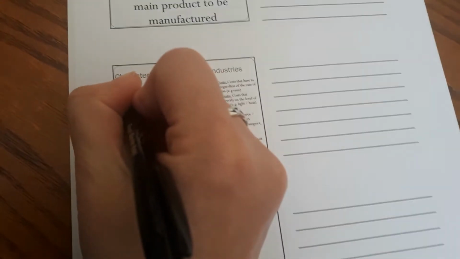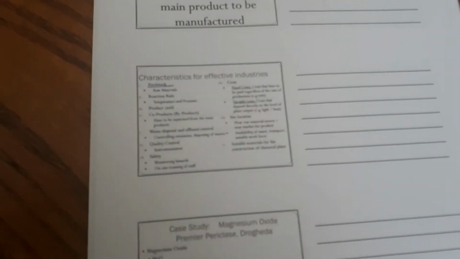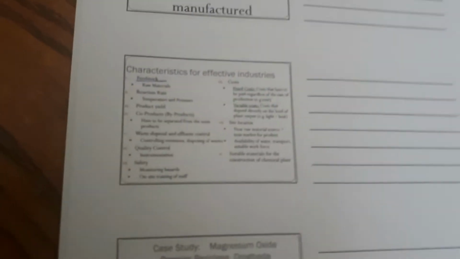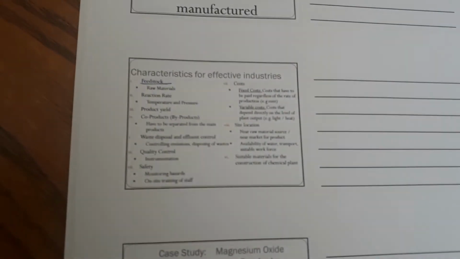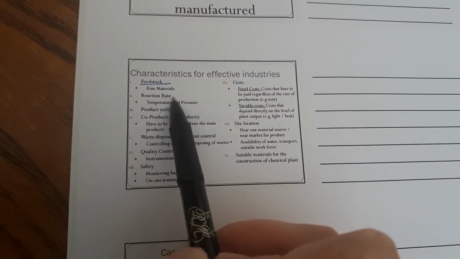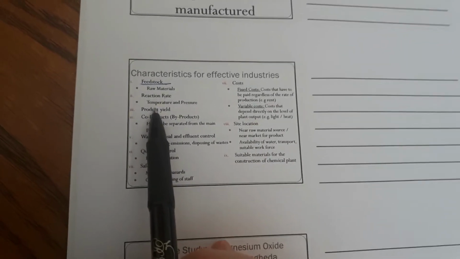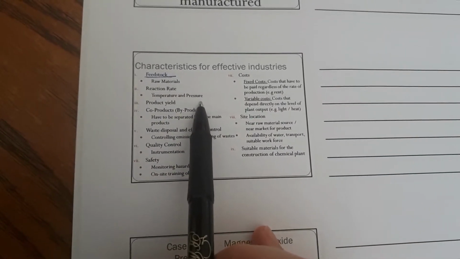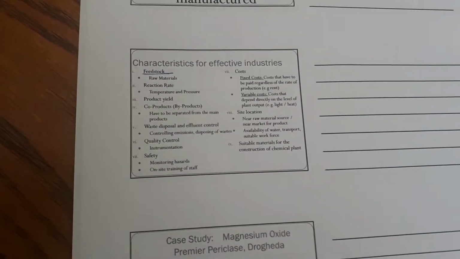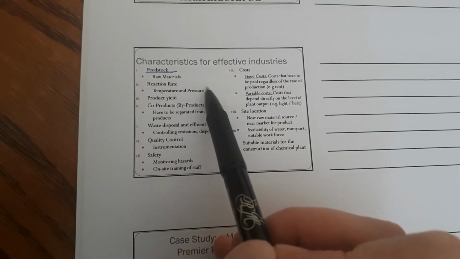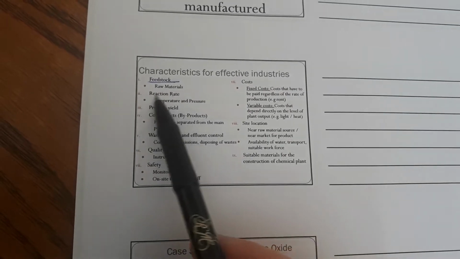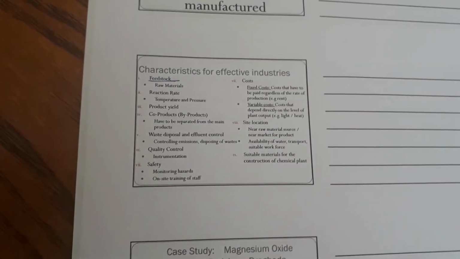So firstly, they have to be pretty much near their feedstock, and in order to get their feedstock they need to have a raw material also close by. The second consideration is reaction rate. Okay, so what temperatures will it be carried out at and what pressure? Remember, if my temperature is low, my rate of reaction is very slow. And if my pressure is very high, it creates huge safety risks. So we'd have looked at that when we looked at rates of reaction.